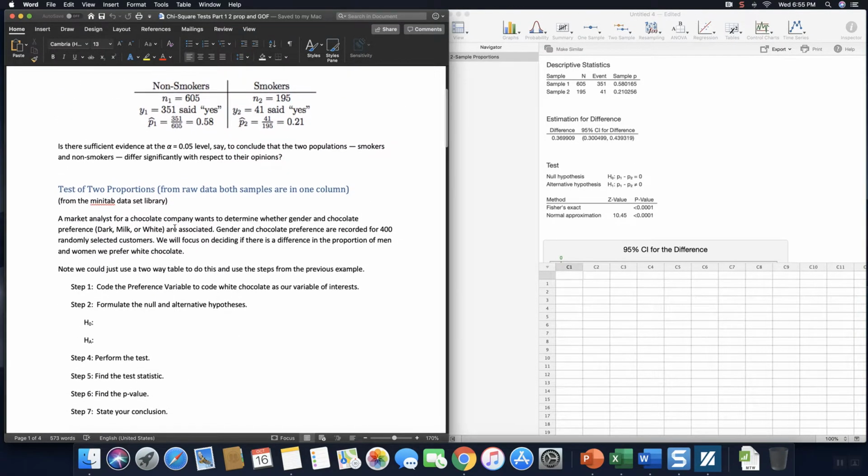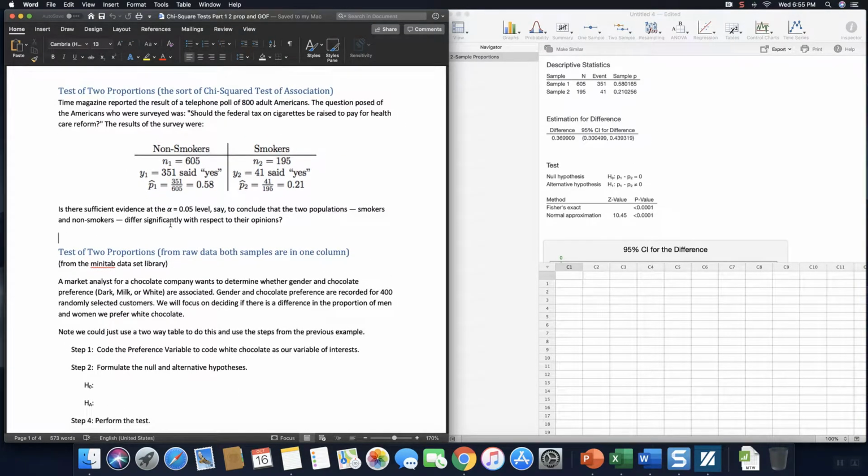So since my p-value is small, I'm going to be rejecting my null hypothesis, which was that my proportions are the same. So it looks like, yeah, my smokers do disagree in whether or not they should be taxed to help pay for healthcare reform. So I'm going to say there is significant evidence that the proportion of smokers and non-smokers who support